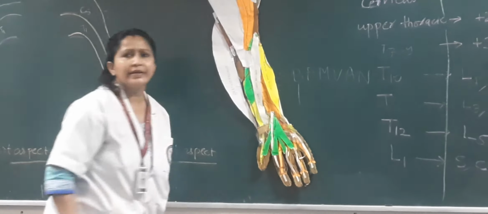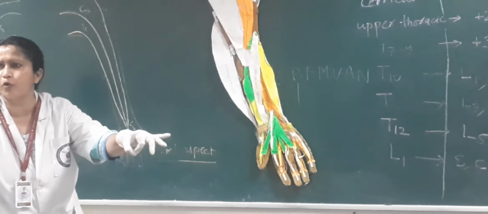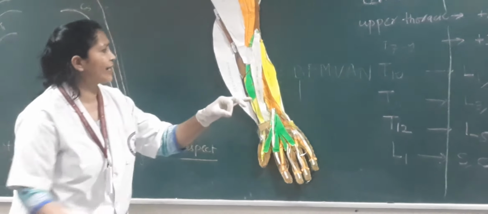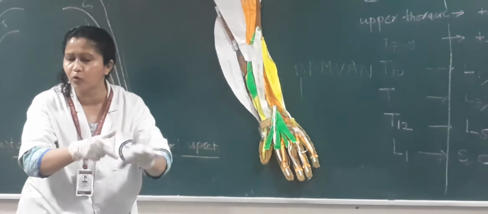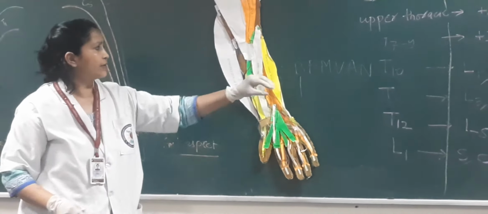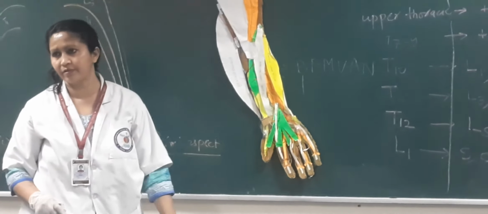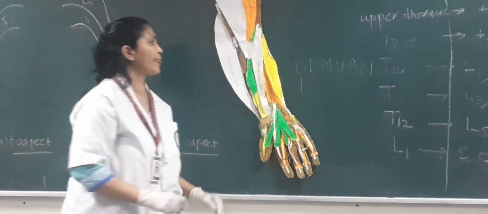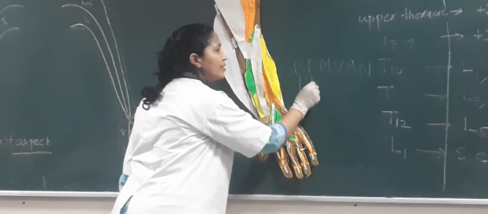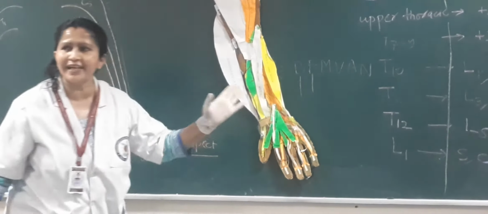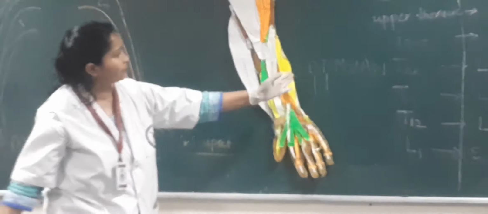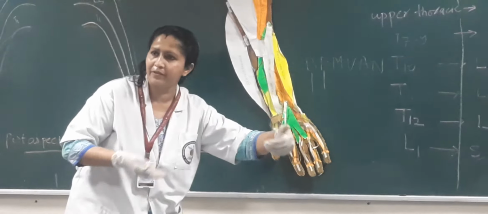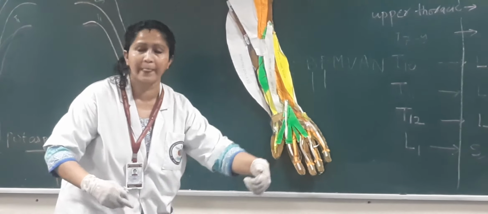Bone: the cut section of bone alters from circular to triangular. There is a change of architecture of the cut section of bone. Fascia: the medial intermuscular septum and the lateral intermuscular septum become very prominent at this level, downward.